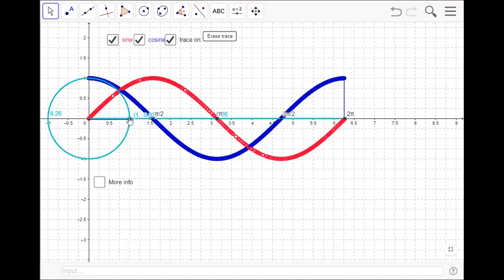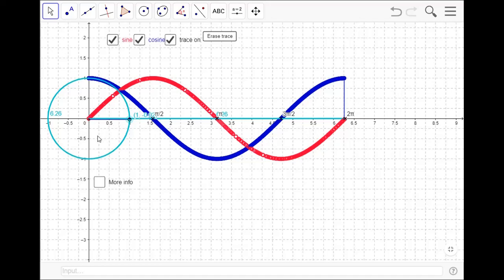It is possible to increase the angle further. The angle may be more than 360 degrees, that is 2 pi. When the angle is more than 2 pi, the sine function will take the same values it took from the first quadrant. That means if the point is in the first quadrant and the angle is more than 2 pi, that is equal to the angle made by this point with the positive direction of x-axis. That means it will continue like this. The graph will not end here. It will continue like this.